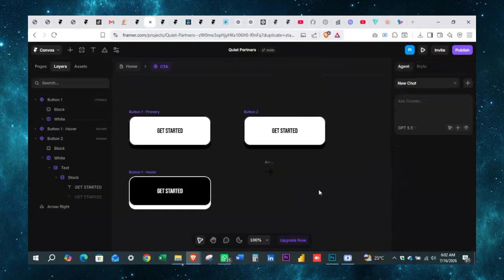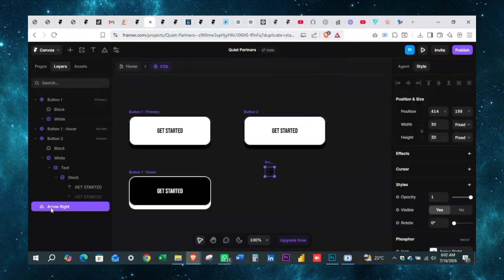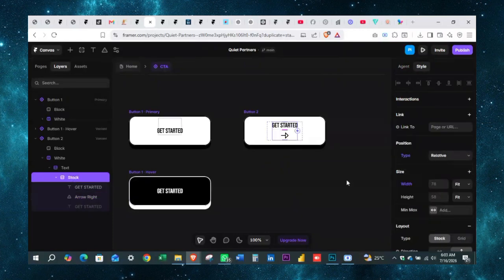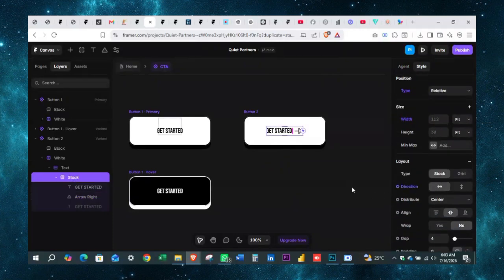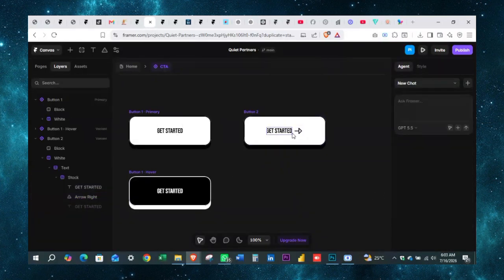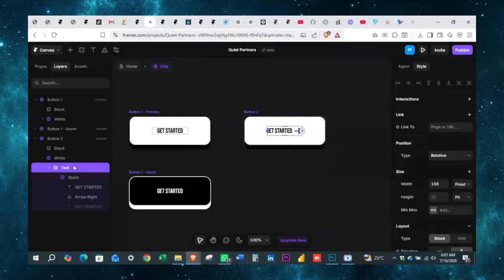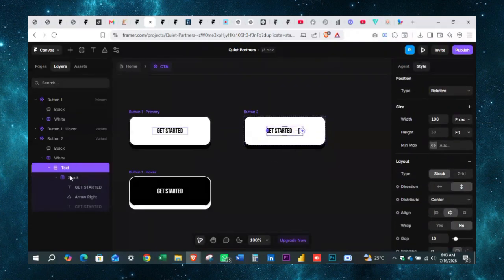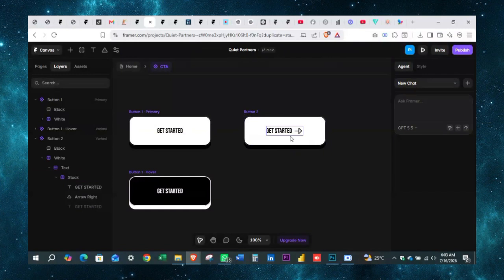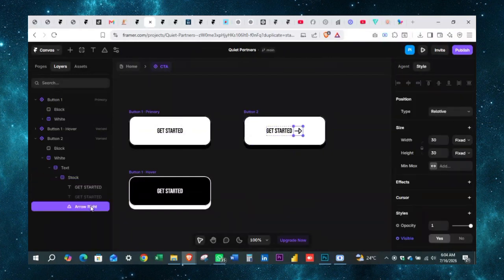I'll change the width to 30. Then I will drag it and drop it into the text stack. So I'll change the direction of the text stack to horizontal. Then I'll change the width of the stack to fit content, so it actually fits the content. So I'll select the arrow icon I created, then I'm going to duplicate it twice